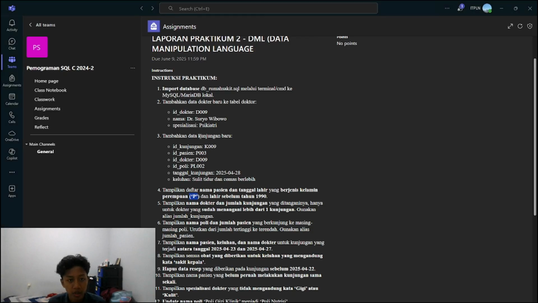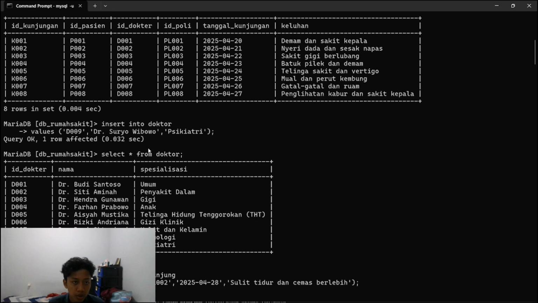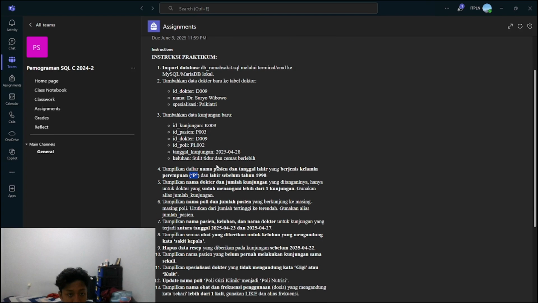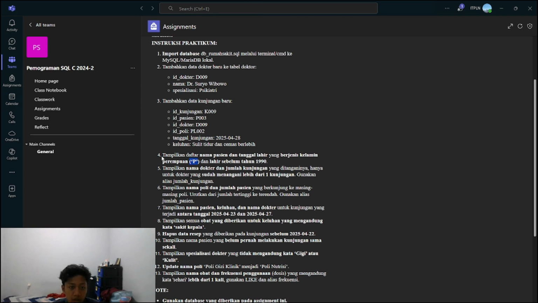We just use the same command as before, INSERT INTO kunjungan, where kunjungan is the table's name, and then VALUES, where we fill in the new data that we want to add.